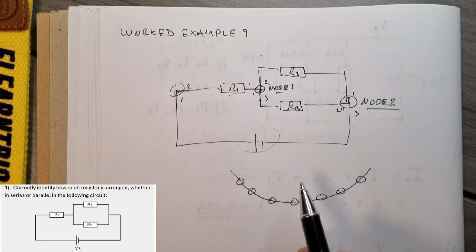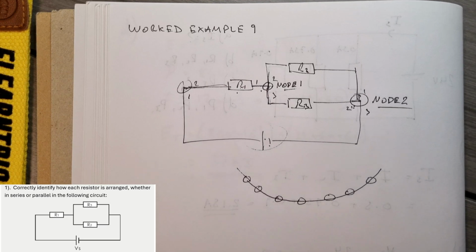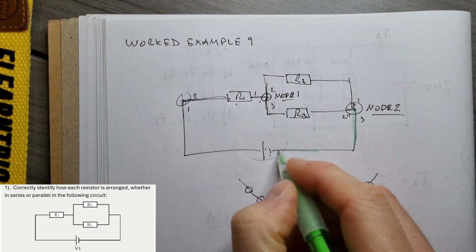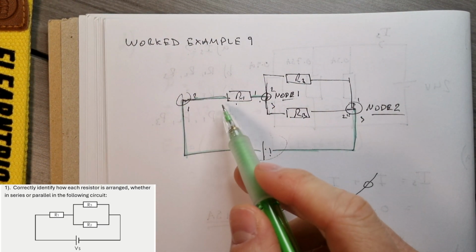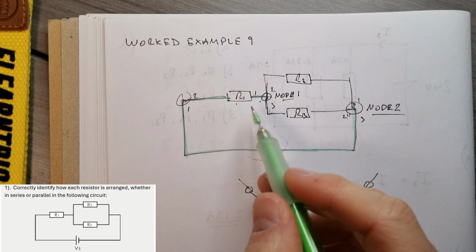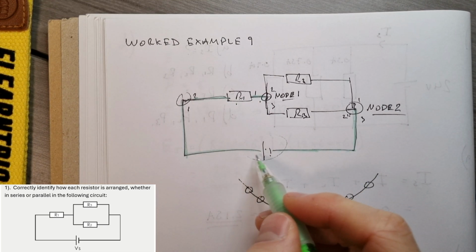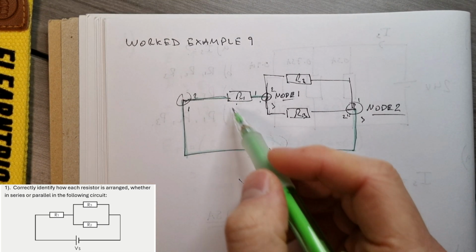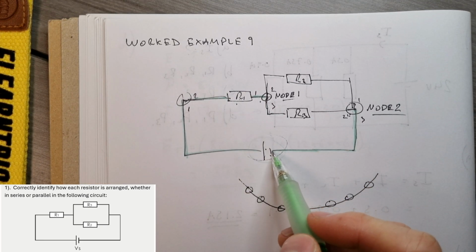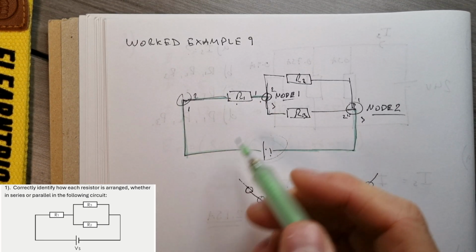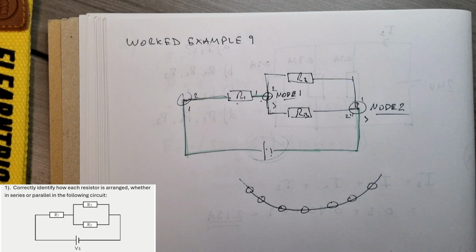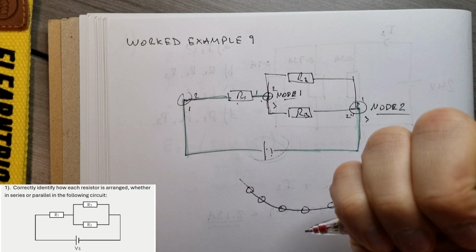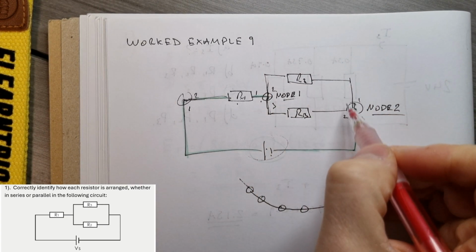So let's highlight some branches now just to see how that can help. If we come out of node 2 and go all the way around, this green line here represents a single branch, and as you can see, on that branch is the battery and resistor 1. So the battery is in series with resistor 1 here. But when we get to node 2, we can see that we've got two options, two paths to